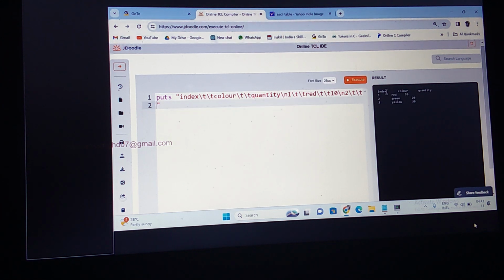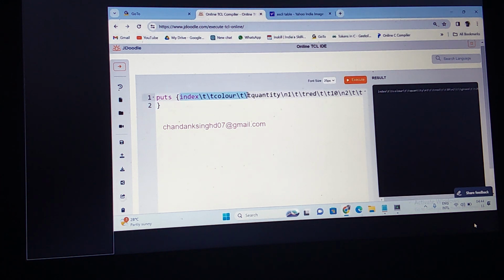This is the output. Why am I getting it like this? Actually there will be only 2 tab spaces here, because the length of this is different compared to this. That's why I'm getting a different alignment here. But how many tab spaces is it giving? Here it is 1, 2. Here also 1, 2. Here also 1, 2, because I'm giving backslash t, backslash t. How do you understand it? If I put all this inside curly braces, then whatever I have inside will be printed as it is.